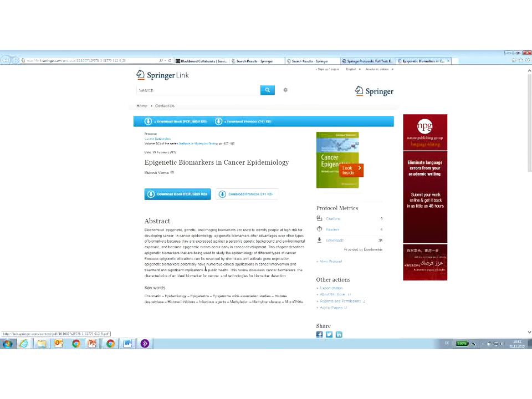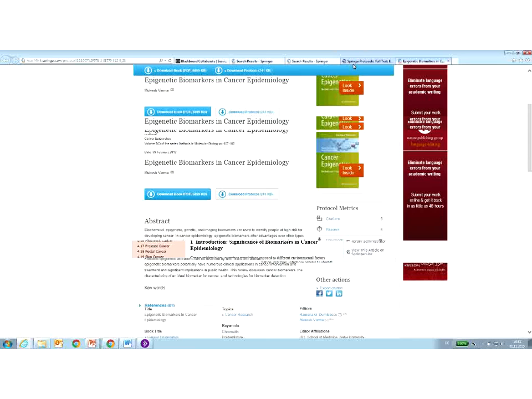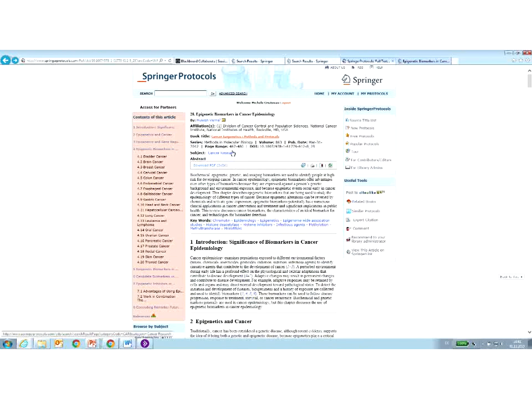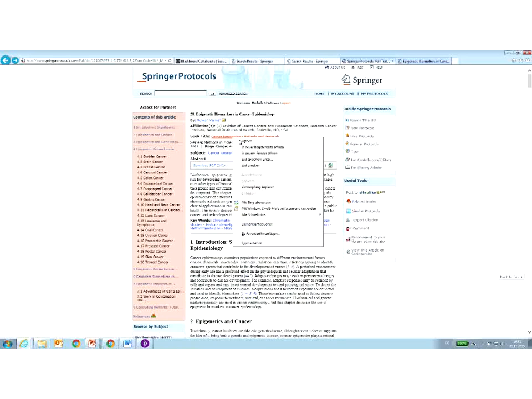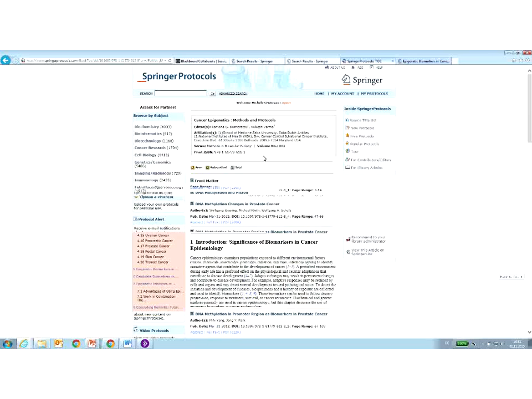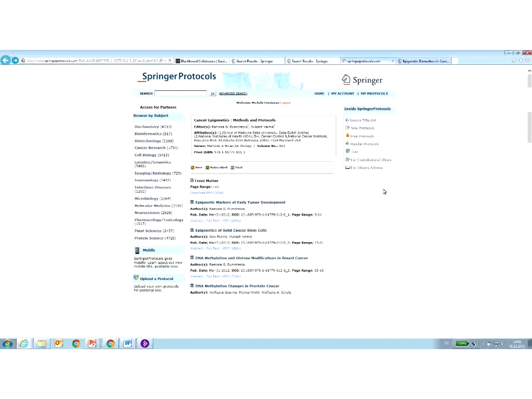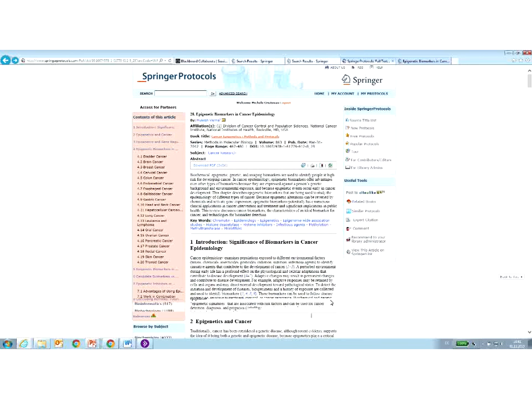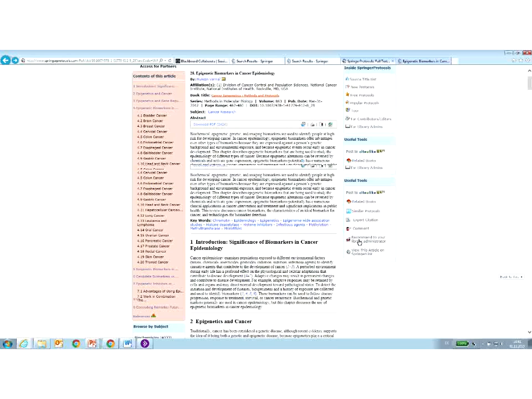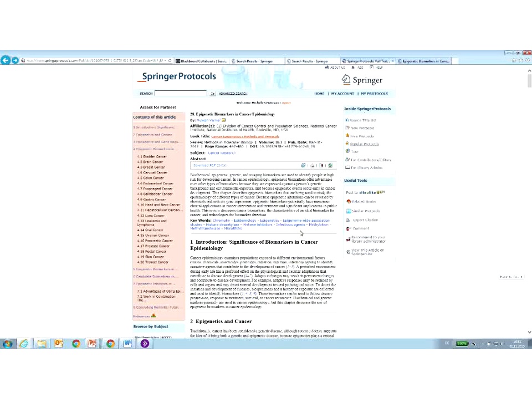And now you actually have access to the book that this protocol is contained within via Springer Link. This is very useful if you want to have immediate access to the book. You can also click on the book title if you want, and then you will also have access to the contents of the book. So these are the two ways that you can have access to the book that this protocol is contained within. So, like I mentioned, you could add this protocol to your favorite protocols, and this you can access from